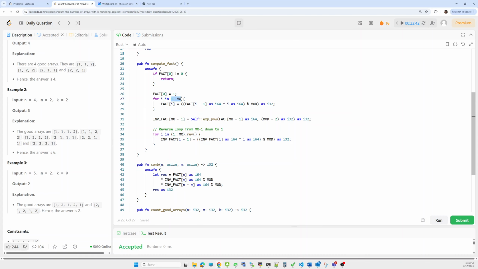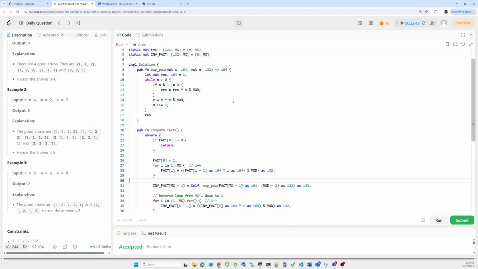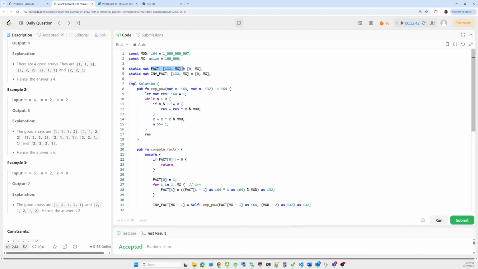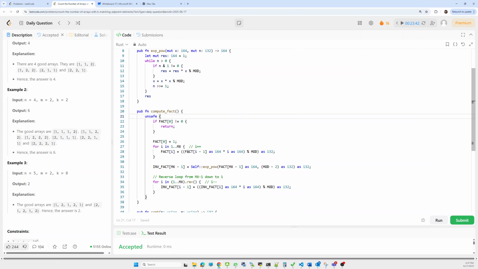From 1 to max, or in the reverse order from 1 to max, this corresponds to i plus plus, and this is corresponding to the i minus minus statement. Here we are updating our for loop in Rust. Why is it memory safe? Because in every operation we have to give its data type. As I am treating this factorial as 64-bit but here I am taking 32-bit, I have to define the size before computing.